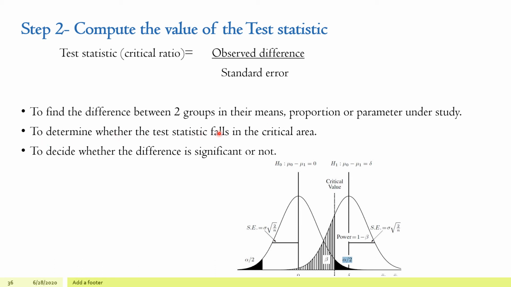Then determine whether the statistic falls in the critical area. These are critical areas. This is the normal curve of batch 22. This is the normal curve of batch 23. This is the critical value because your assumption is 95%. That means this area is full. The exact data. These are outliers. If your value is somewhere here, within the 95%, then you are unable to reject. If it is exactly at this, then you can reject the null hypothesis and accept the alternate hypothesis. If your alpha value is somewhere here, then it means you have to accept the null hypothesis and you are not able to reject it.